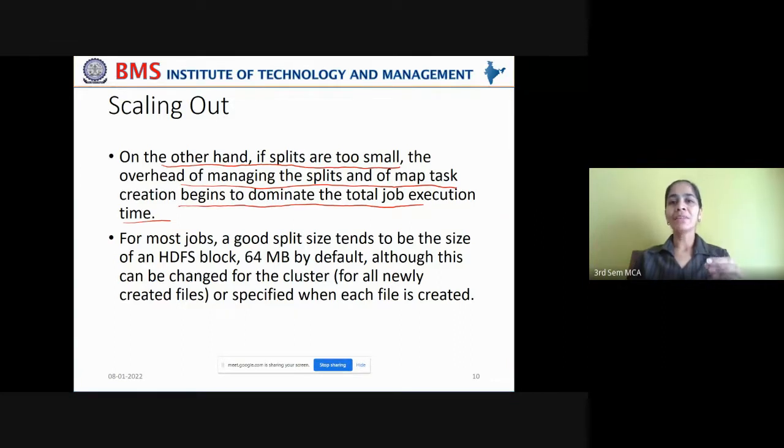So in this case, you can go on splitting the input, dividing the data set into smaller input splits to achieve better load balancing. But how small should the input splits be?